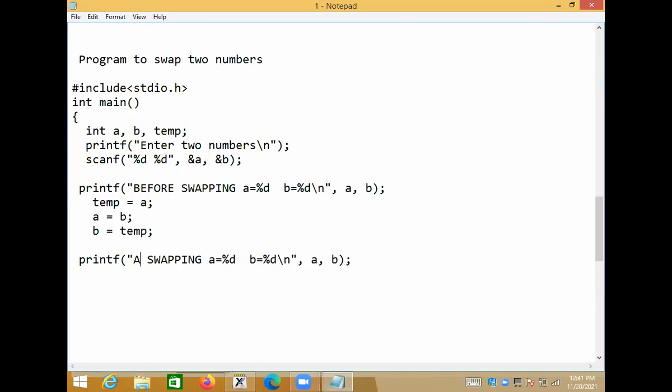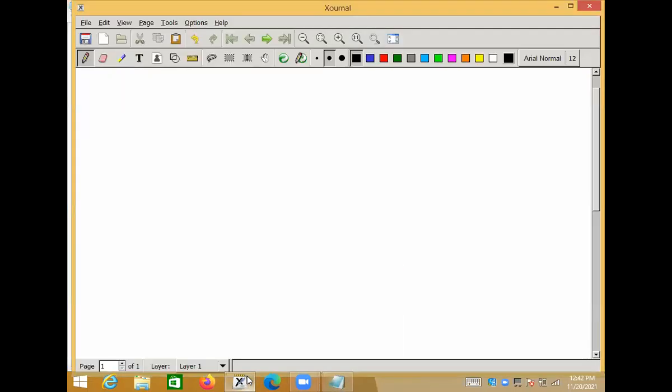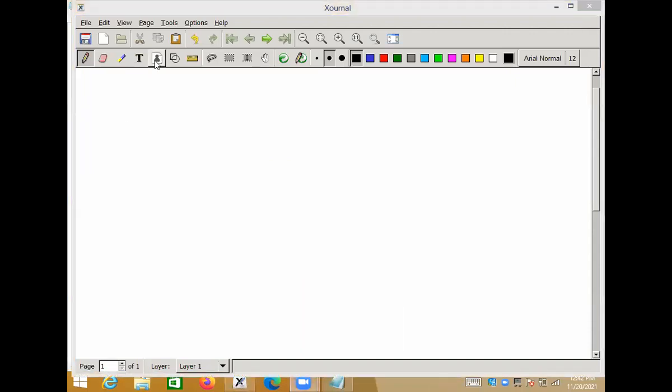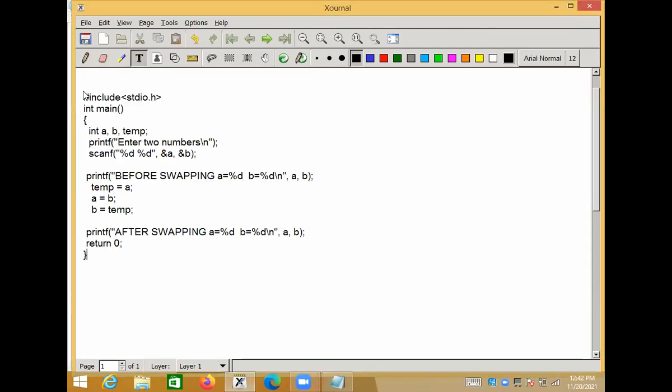Then my task is over, and the final statement should be return 0, then close the main function. So this is the code we have written. With the help of a memory diagram I will try to explain what happens, and how to improve the code. Now in this, what is happening here?